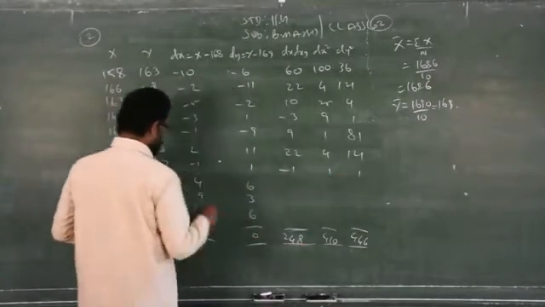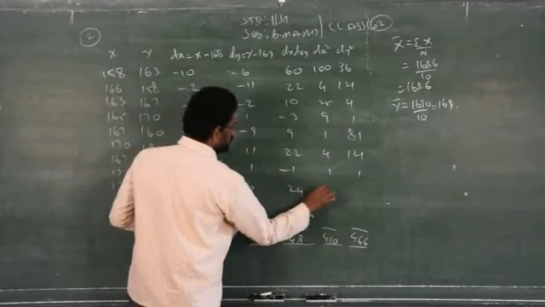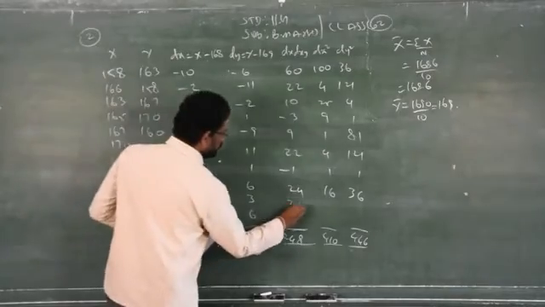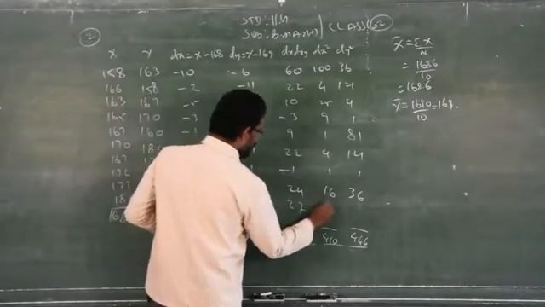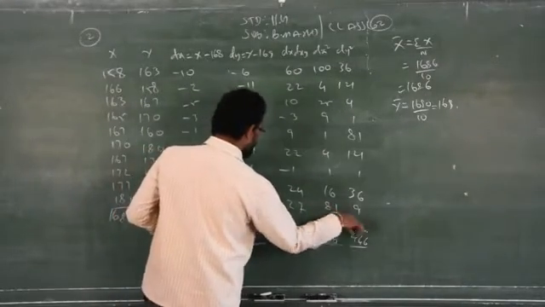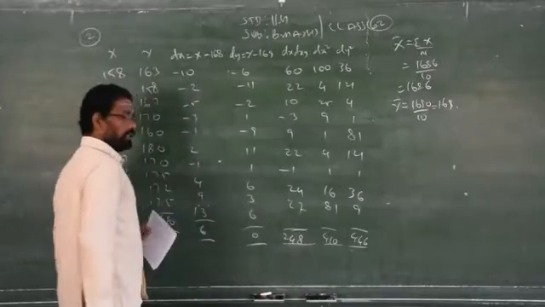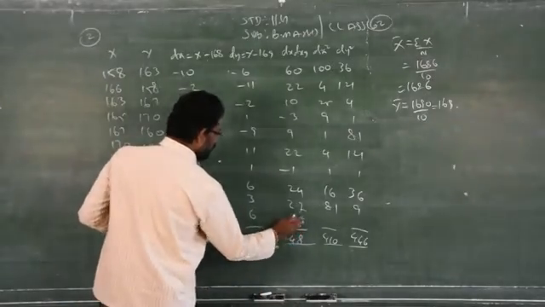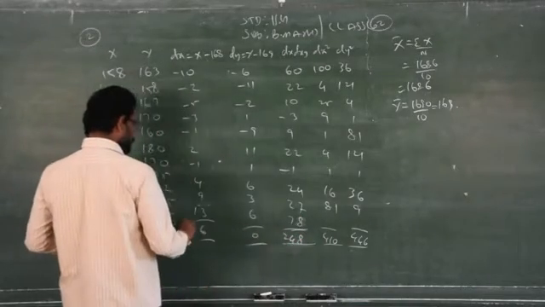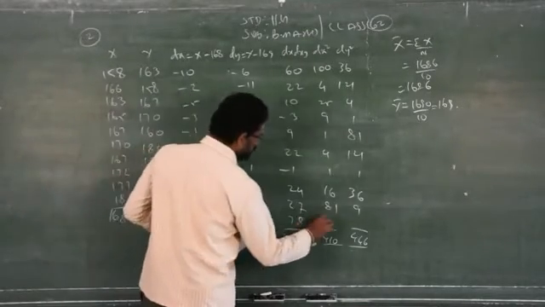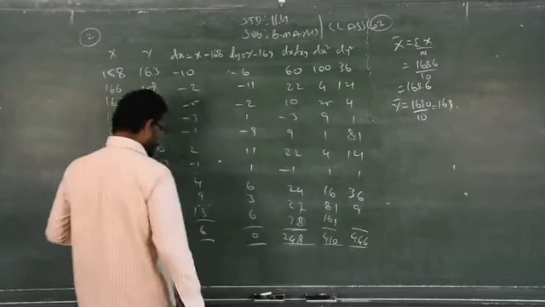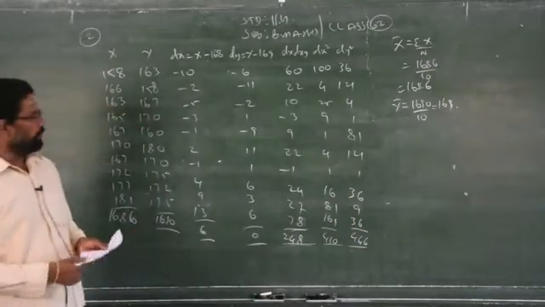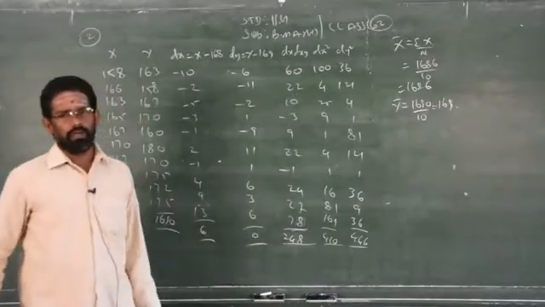1 1. Here 4 6s are 24, 16, 36. Here 9 3s are 27, 9 is 81, 3 is 9. Then 13 3s are 78. Then 13 square is 169 and 6 square is 36. Just you have to verify your answer with the help of the calculator.